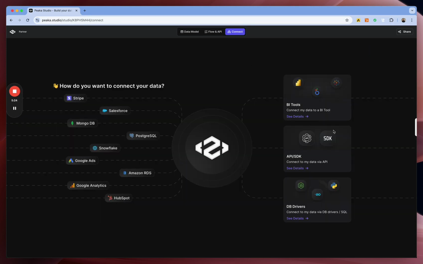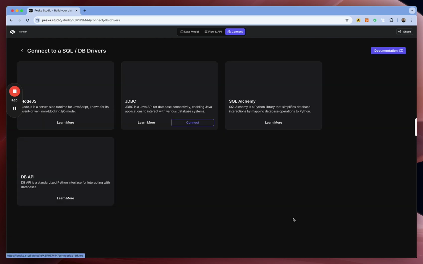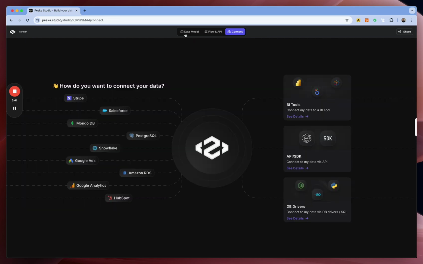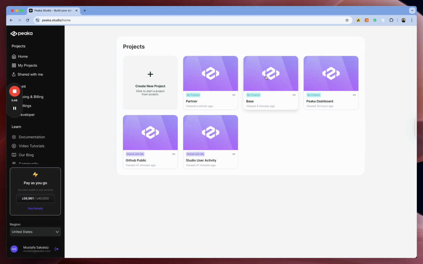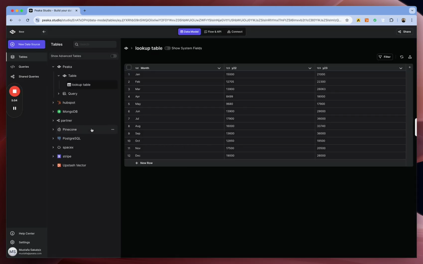Or if it's an application, they can leverage the API layer. We have database drivers for Python, Java, and JavaScript, which can also be used to connect to the data. The only data they will have access to is the data you've shared. So whatever you allow in your base project will be available in the partner project as a data source. You can manage everything from here,